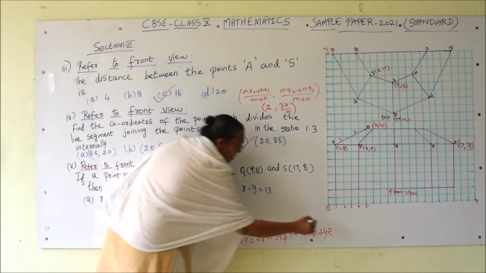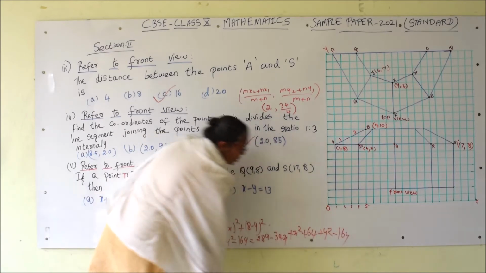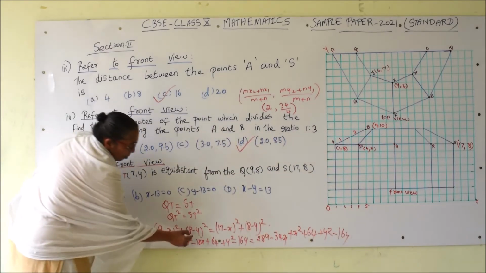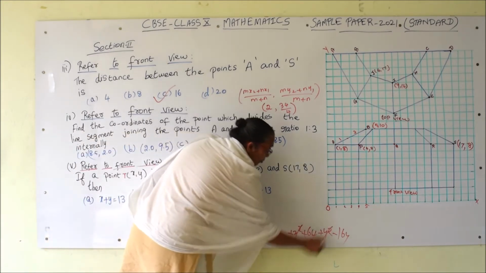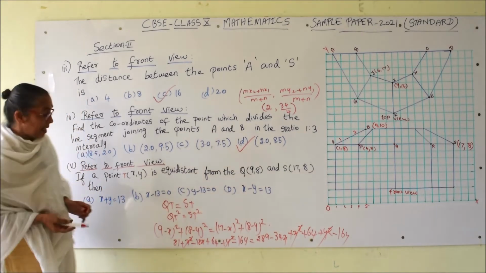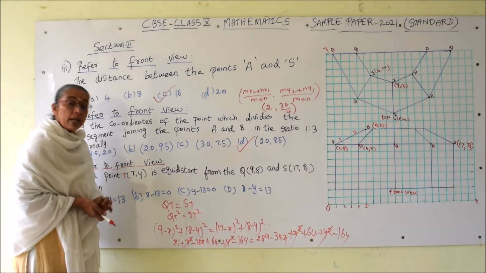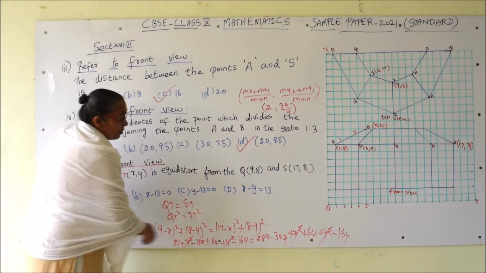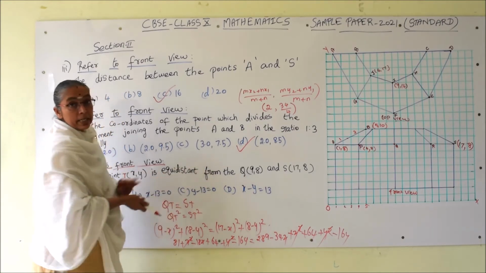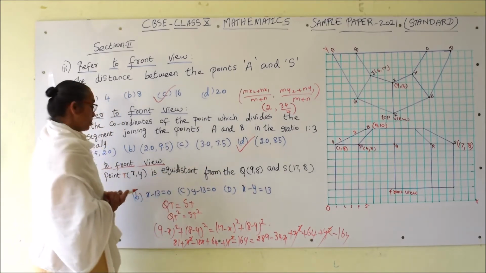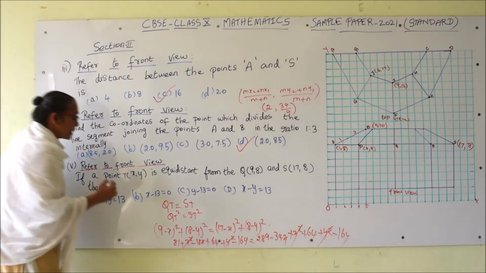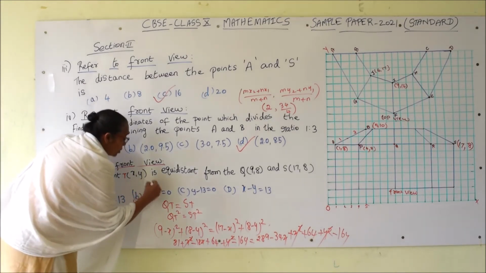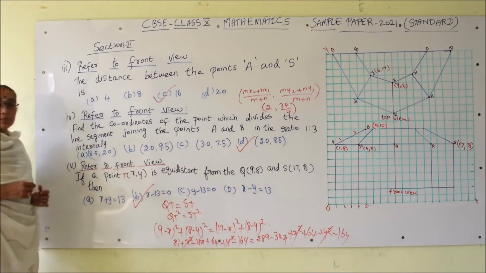then minus 16y. So now obviously your x square terms and y square terms will get cancelled, both left hand side and right hand side. So you will get only a linear equation. On simplification, bring x terms together, y terms together and constant terms all together. So when you simplify, you will get your answer as x minus 13 is equal to 0, option B.